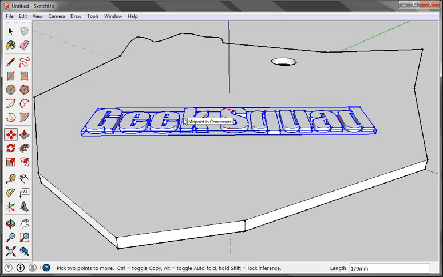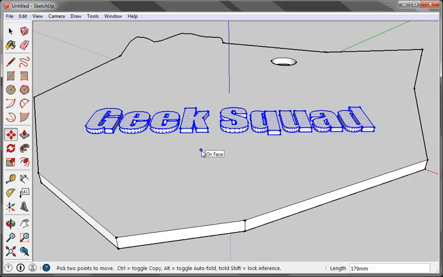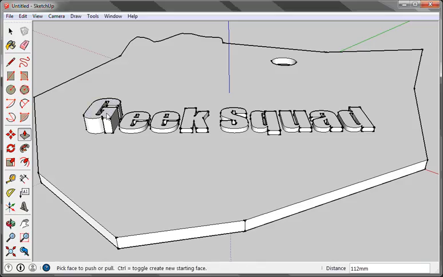Once we have it close to exactly the way that we want it, you will want to right-click and choose Unglue, and right-click and choose Explode. This makes each one of our letters a completely different 3-dimensional shape that we can now do a lot of amazing things to. So if we were to choose something like the Push and Pull tool, we could lift each